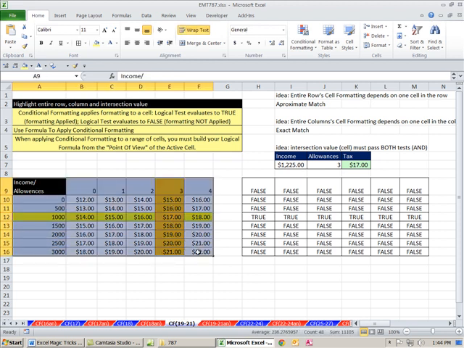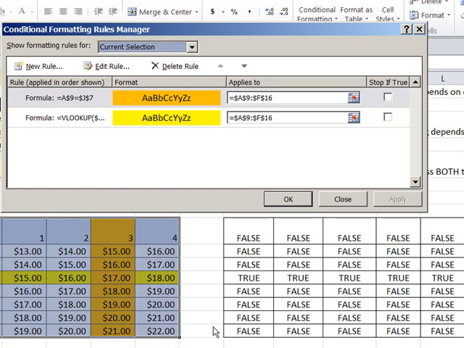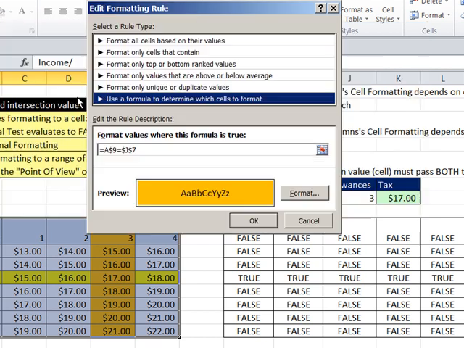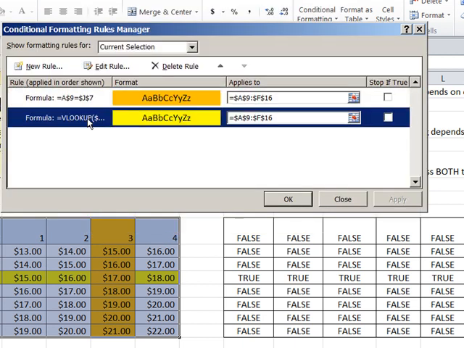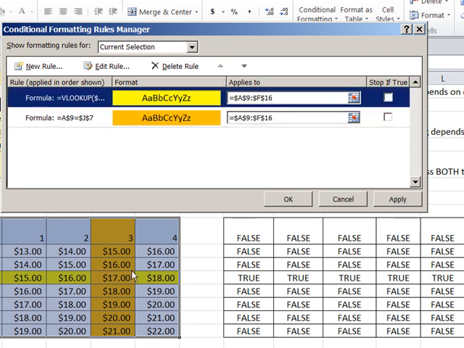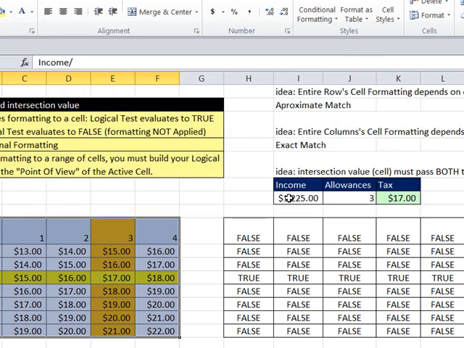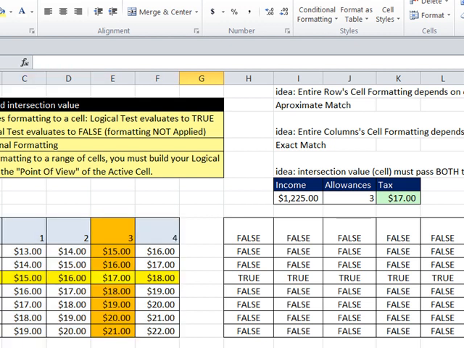Now, I'm going to highlight that same range, Alt-O-D. You can come back and edit these. If you made a mistake, you can click on this and edit, or you can double click and edit it, right? And then change it or change the formatting. Editing is very important. Let's just see what happens if we change the order. There it is, move up. All it's going to do is now the yellow is going to be applied because it's on top. I'm going to Control Z because I want the orange. Actually, maybe Control Y. Maybe the yellow on top looks better. Actually, it doesn't matter because we're going to have one last test here, and it's going to be the red,